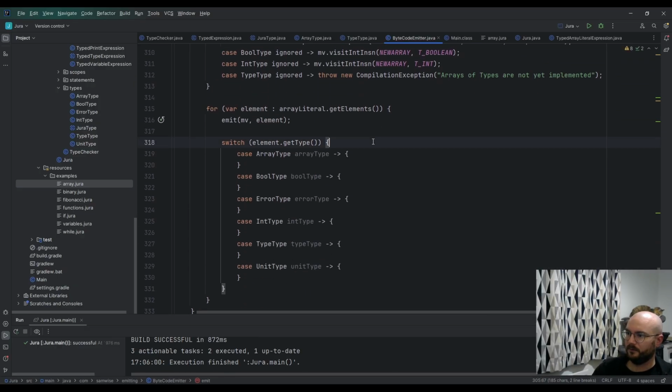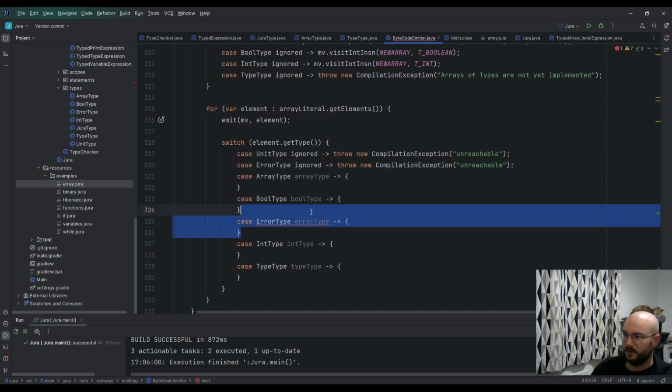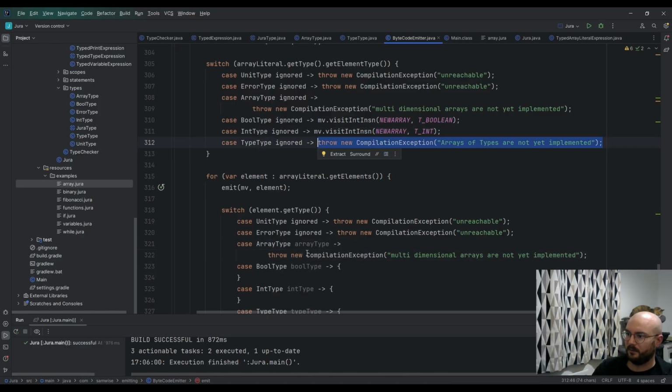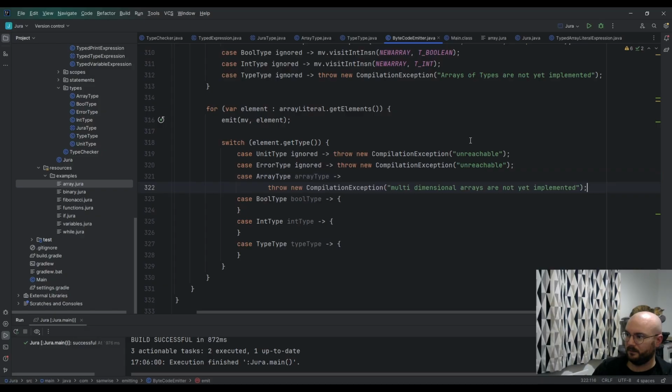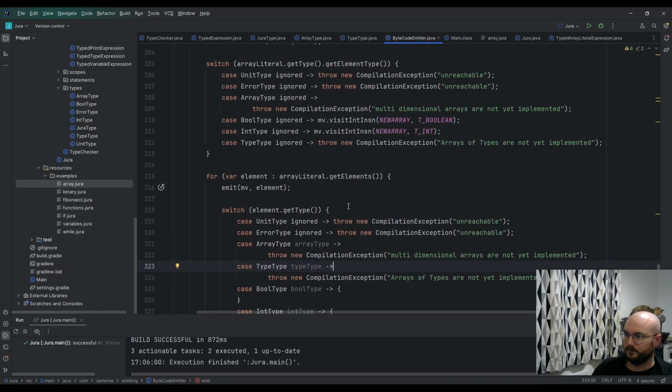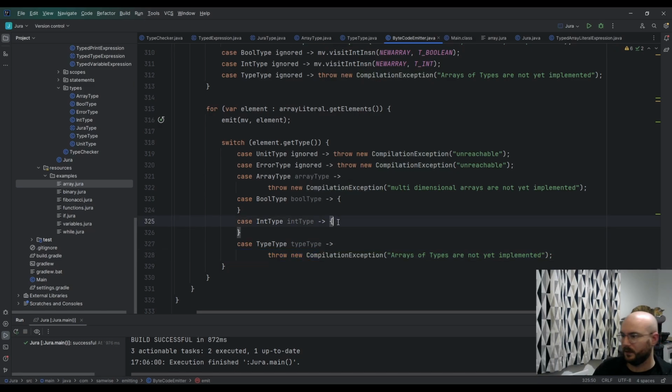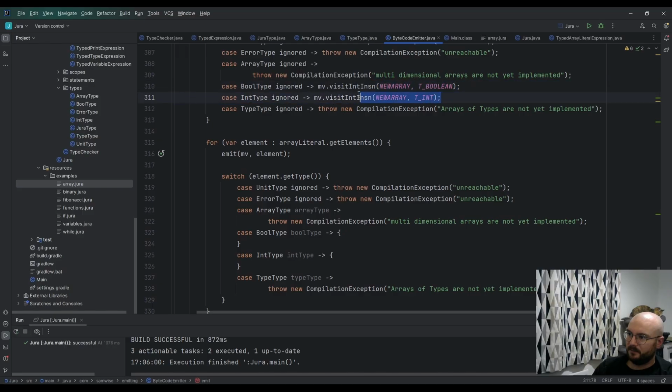So, first of all, those. Then array type, multi-dimensional arrays are not yet implemented. And then type, yep, there we go. So put those up the top. Actually, no, don't need that. There we go. So, if it's a bool type or an int type, it's the same